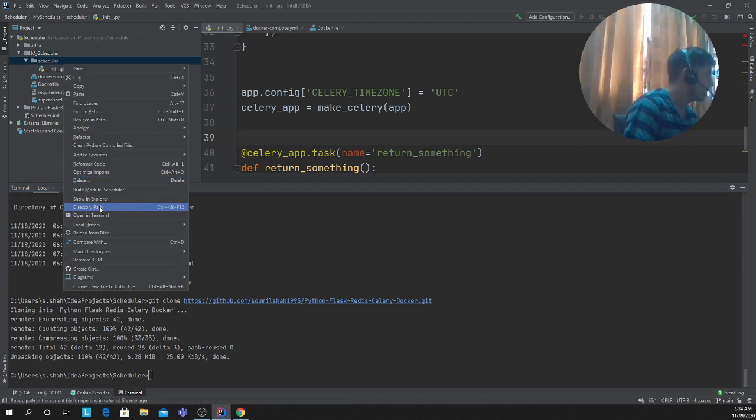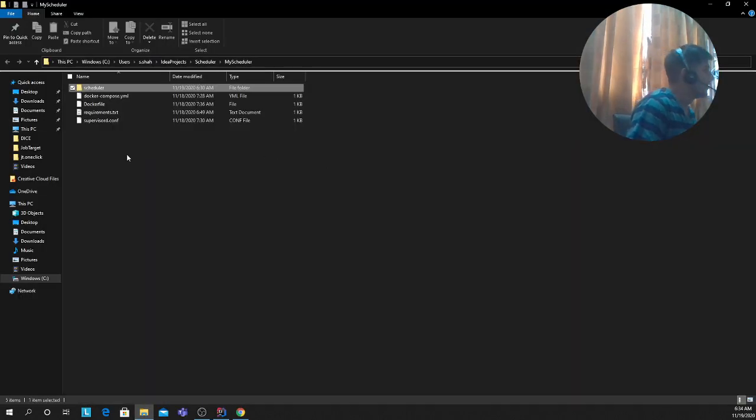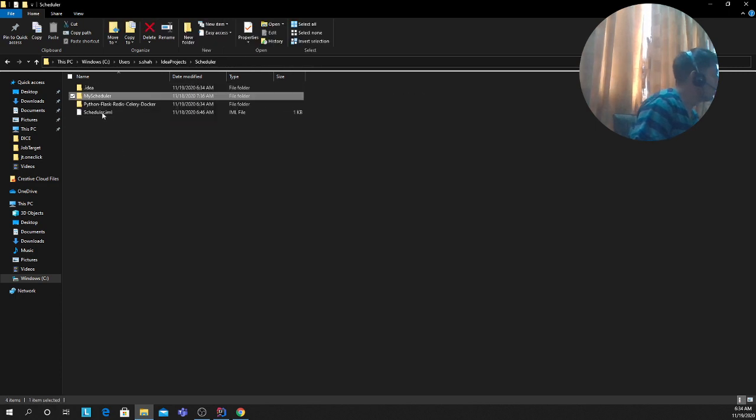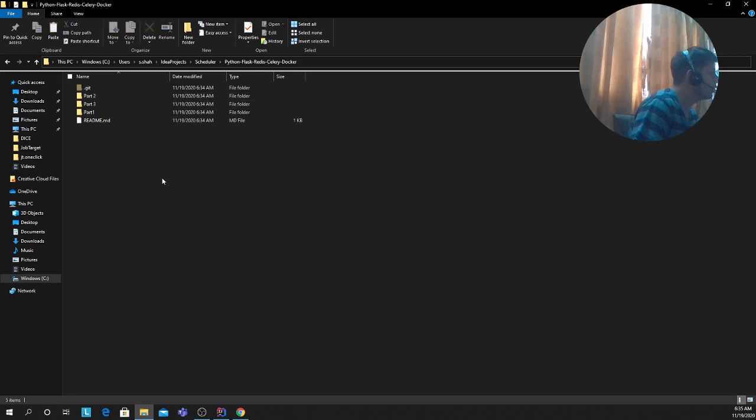Of course I can do that with the Windows Subsystem for Linux, but then I have to log in under Linux, so I'm just going to use the copy command for now. All right, my scheduler, copy the entire thing. Make a folder here called part 4.